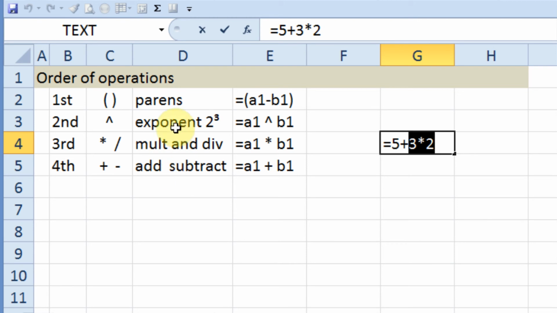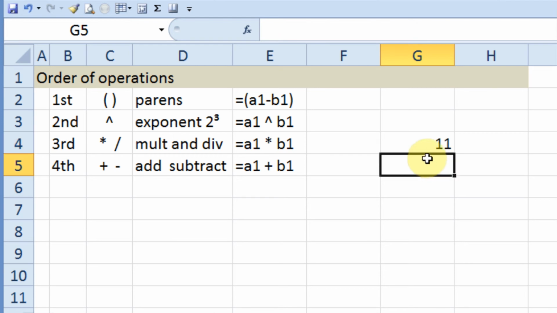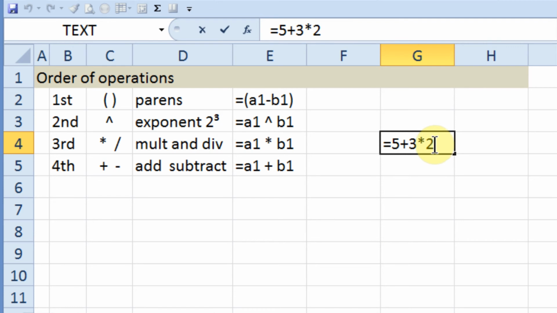Looking at the table on the left-hand side, you can see this. Multiplication has a higher precedence than addition and subtraction. So when Excel computes this left to right, it sees 3 times 2 and multiplies that first and gives us the number 11. If I want to force this to compute the way I want, that is, I want it